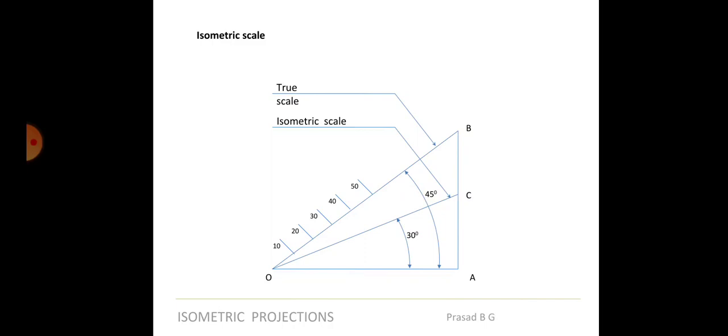Okay, so you can see here, if from B, if I draw a projection to C, this length is definitely smaller, right? OC is smaller than OB, but whatever length OB is there, let me assume that this is 100. If this is 100, and I project it on the 30-degree line, whatever length OC I get will be equal to ISO 100. Got it? Similarly, if I draw a line from 50 here, if this is 50, this line will exactly be ISO 50. Okay, so this is how I draw perpendicular lines.